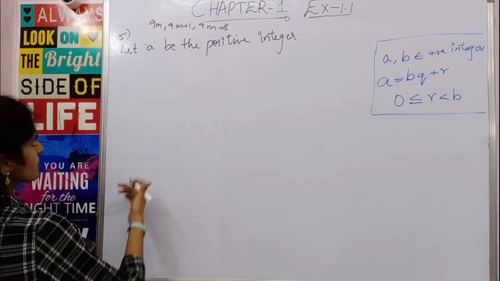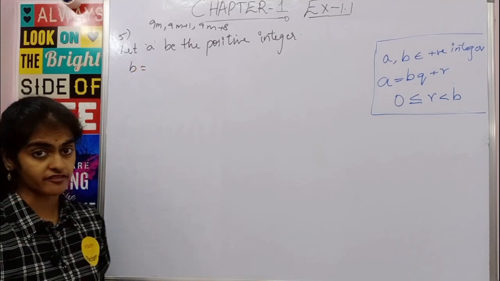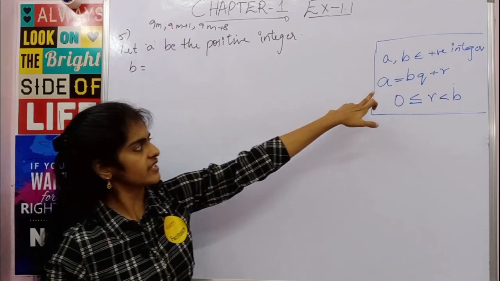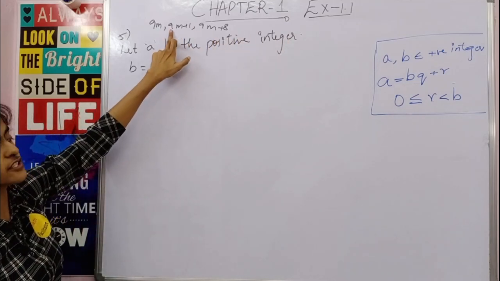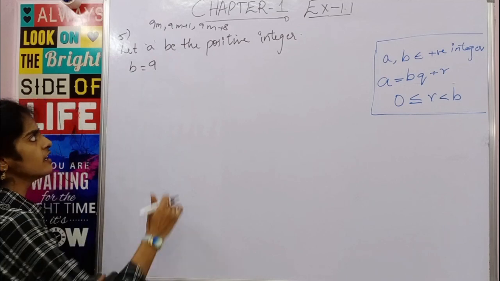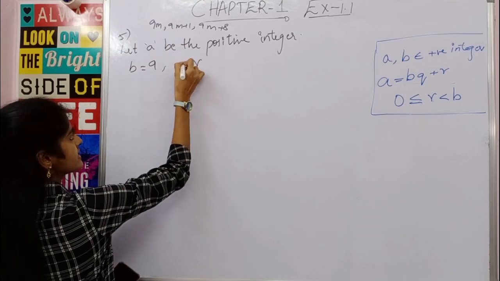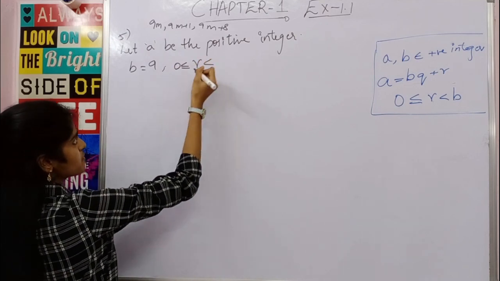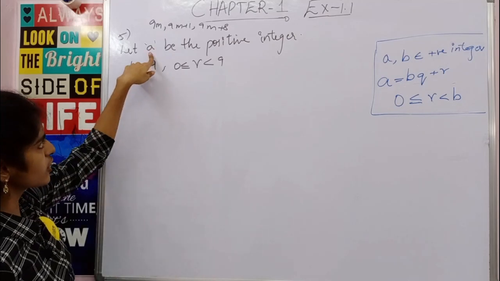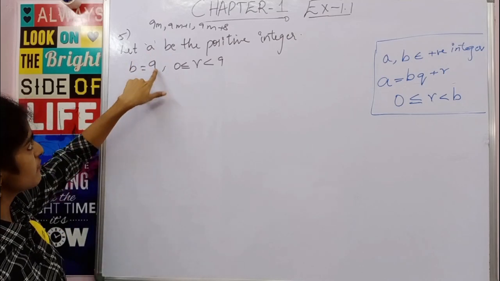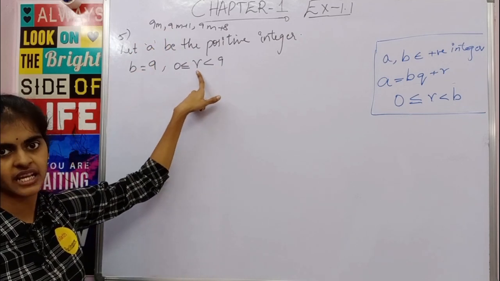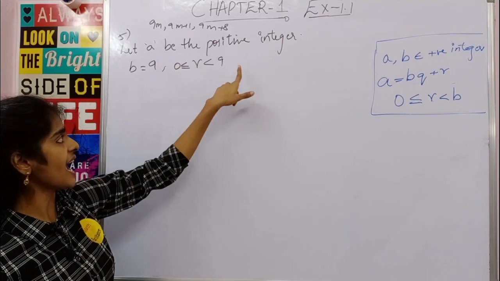Okay, so now what is the value of b? But b, you have to be very careful. B value will always be from the question. Okay, here comparing with a equal to b q plus r, what do you have in the place of b? You have 9. Okay, so b value is 9. Clear? So now what is r value? R is 0 less than or equal to r less than b. B is what? B is 9. Clear? So for a, here you can take any variable, but the value of b you will always take from the question. Okay, and r will be greater than or equal to 0 and less than b.